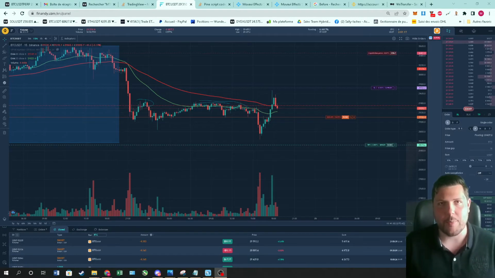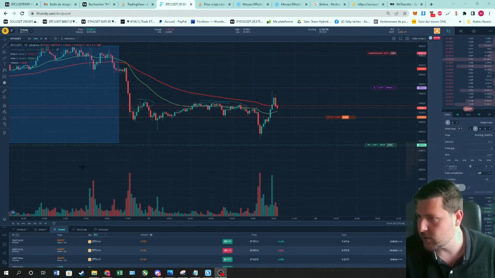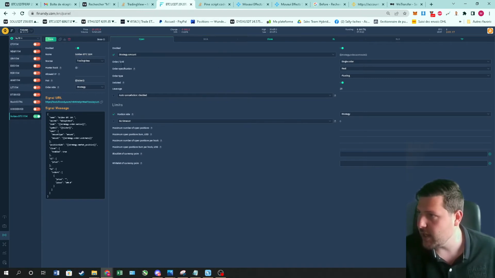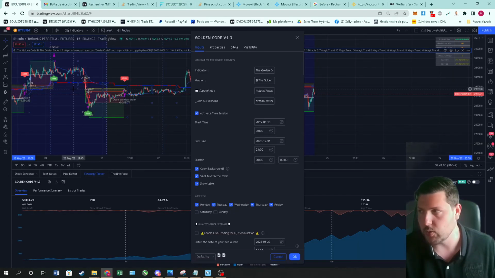As a middleman to a bot, we use Finandy. What's good with Finandy is that it places limit orders and TP orders directly on the exchange and can enter the trade with the amount you set for your risk management code in the golden code strategy. So how does it work? Pretty simple. You link your Finandy to your Binance account and create a hook. Everything you say and do in the tabs will be written in a code here, and you just need to copy and paste this code, go to your TradingView account,